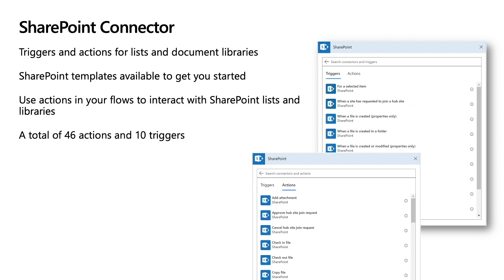So SharePoint Connector is very powerful. We have 46 actions and 10 triggers to surface a lot of scenarios that you might be thinking about customizing that business process you have in your organization. So what is new? There are 46 actions and 10 triggers, right? That seems a lot, but we keep pushing updates so we can make this platform very powerful for users to